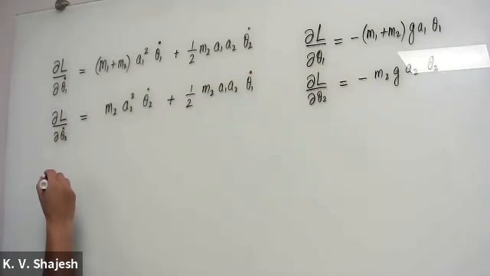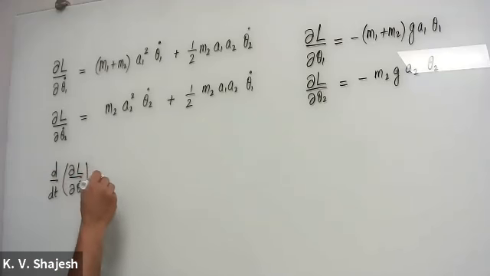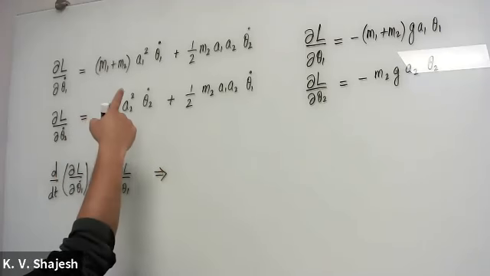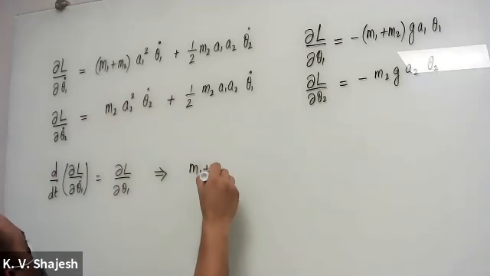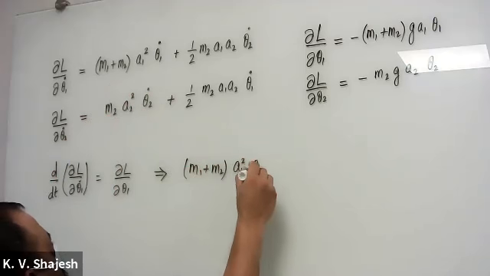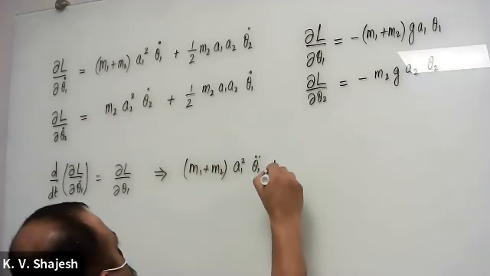Remember our equation of motion is d by dt of dL by d theta 1 dot is equal to dL over d theta 1. So that implies that this quantity (m1 plus m2) a1 square theta 1 double dot plus